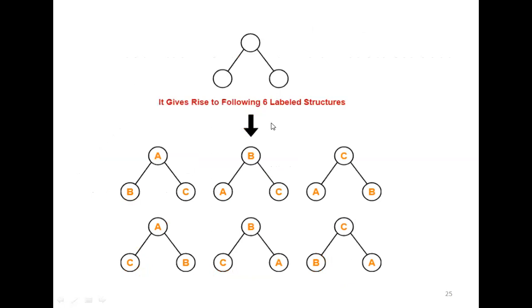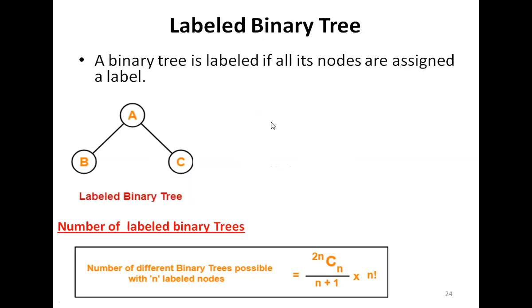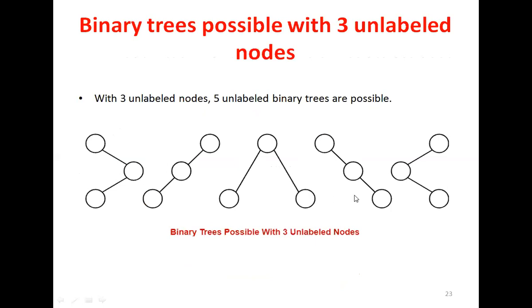So how is that 30? You see, we saw that these are different types of unlabeled trees that can be constructed by using 3 nodes. But if we are using labels, then we can change labels. You take any one tree, and then we can give labels, and in how many ways the labels can be given. You just take this tree. Total how many trees are there? 5.